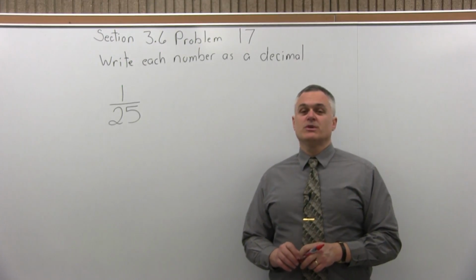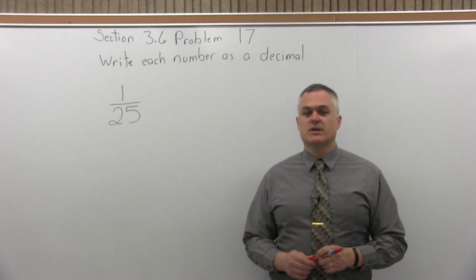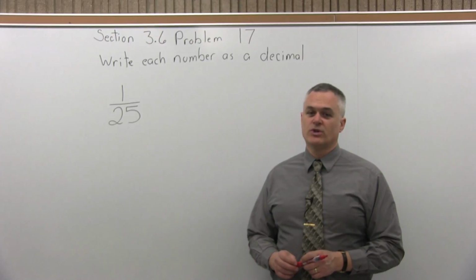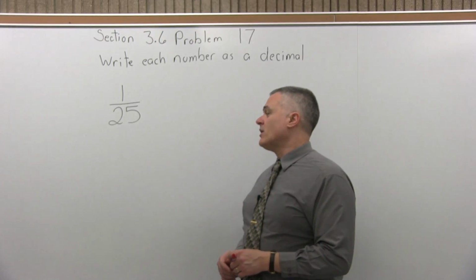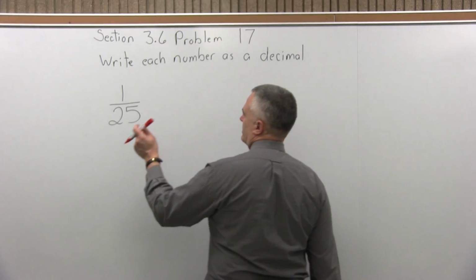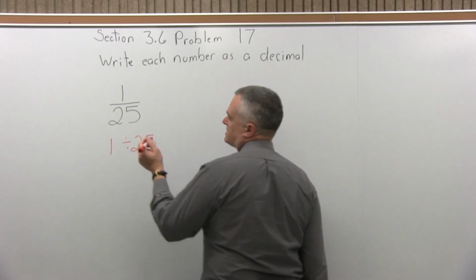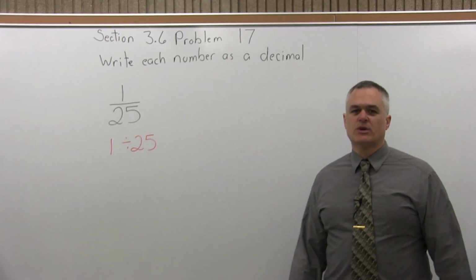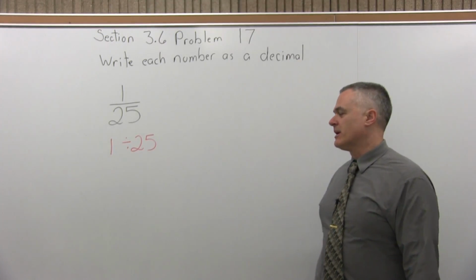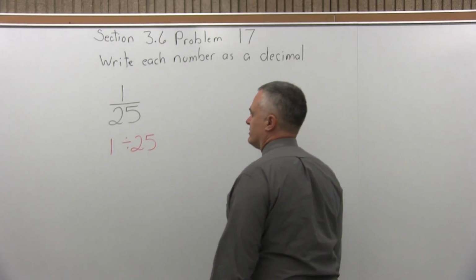This is Section 3.6, Problem 17. It says write the number as a decimal, and we have 1/25. So, to convert a fraction to a decimal, if you can use your calculator, just divide the numerator by the denominator. 1 divided by 25, you'll get the answer right away. If you cannot use your calculator,